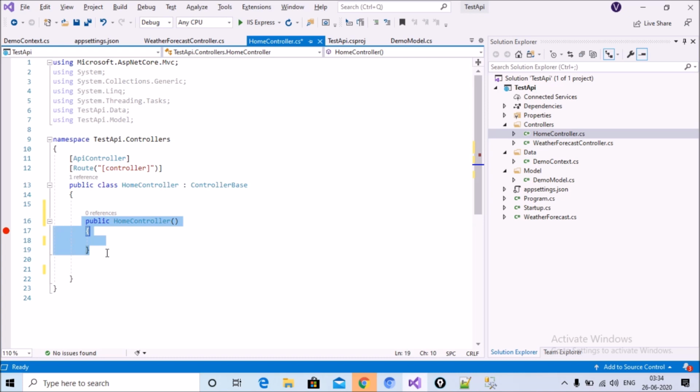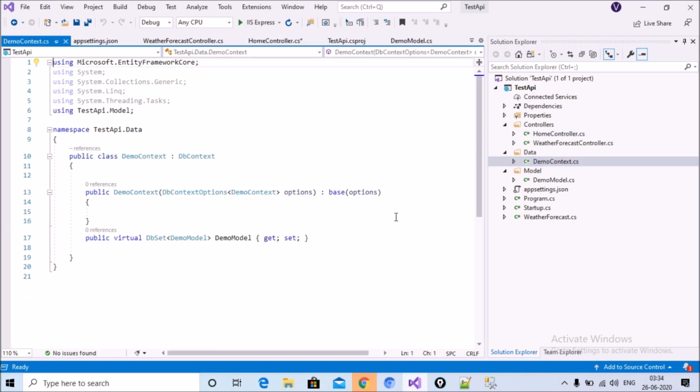The next step is the data context class. You can see here I have created the data context class. I have created a DemoContext class deriving from DbContext, and created a constructor that passes DbContextOptions with my class name, and base options, and a public virtual DbSet. Use your model class name here.